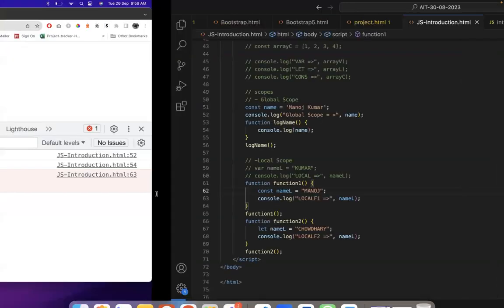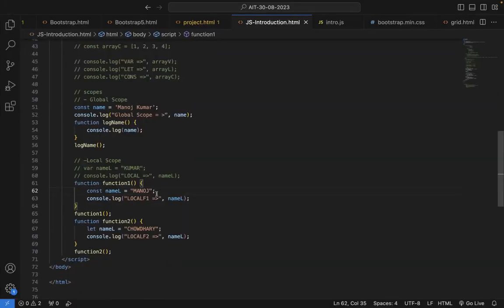I don't have the privilege of teaching or accessing the other student rooms. Why? Because they are in a different room, with different training, and I will be teaching in a different room. So block level is nothing but accessing the scopes which are within inside of it. Okay. So for example, if you take an example,